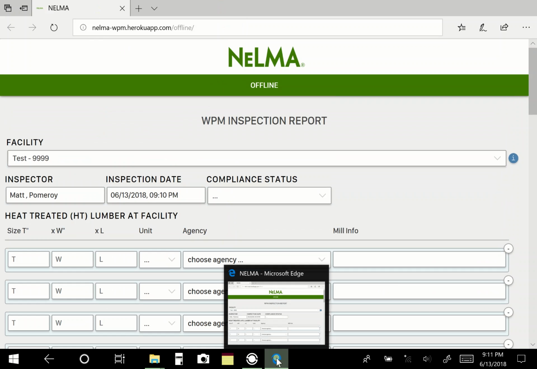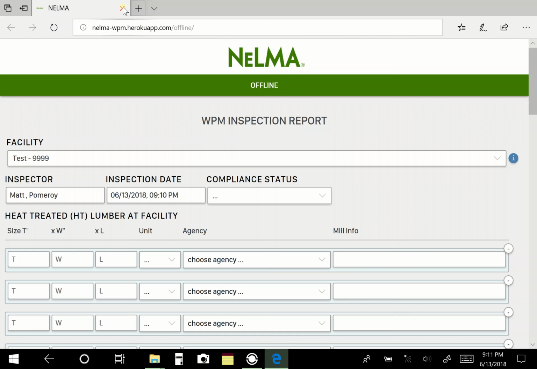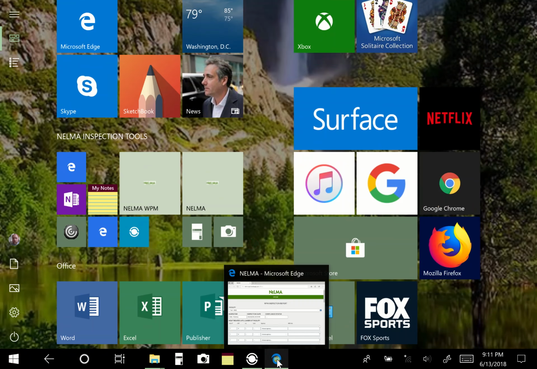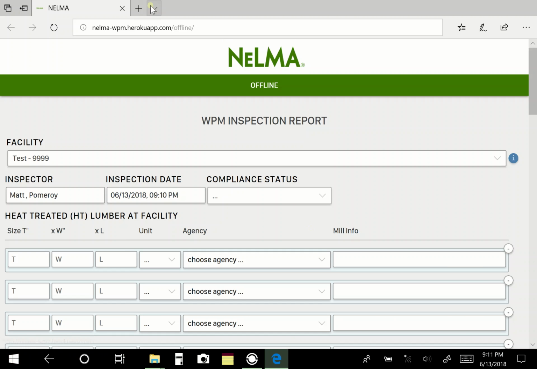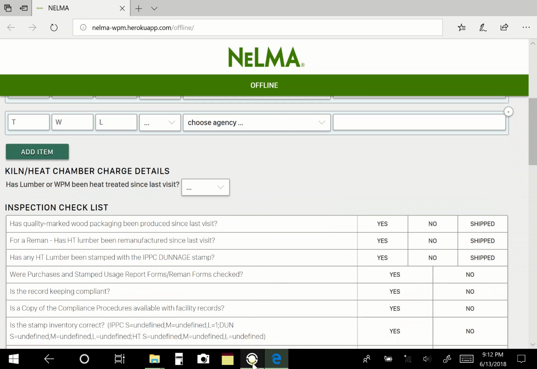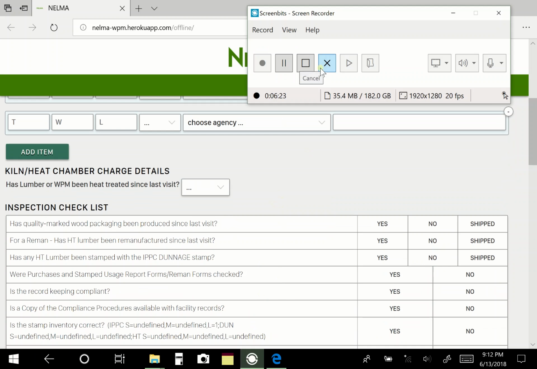Your taskbar is always active. If you do not click this X and you go back to your page here, your report's still in your taskbar. Just click the little E, opens you right back up. Your information's not lost. So again, hopefully that'll save you some unnecessary aggravation down the line here. Okay,